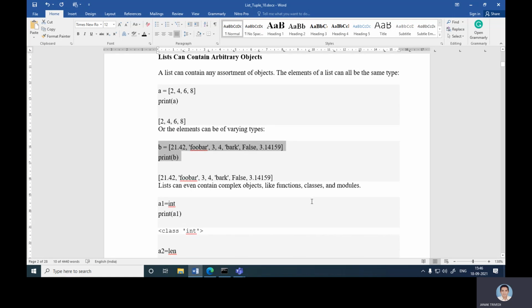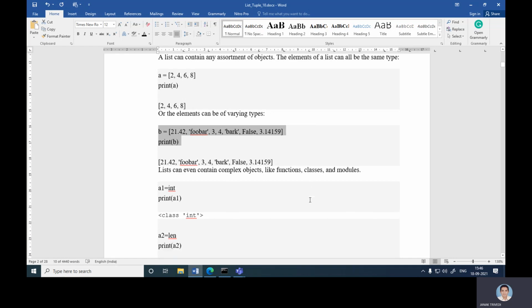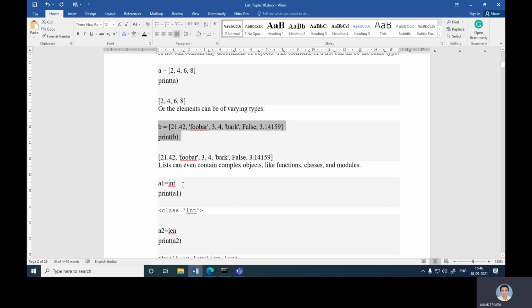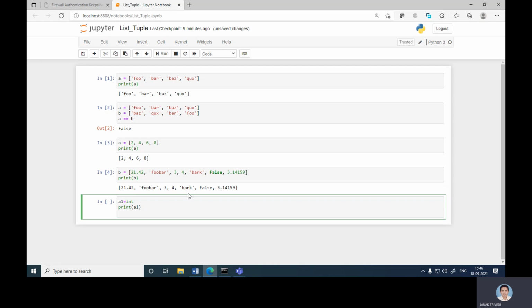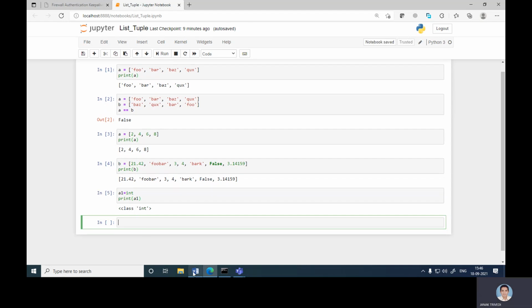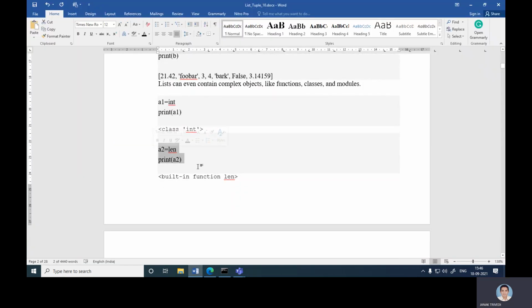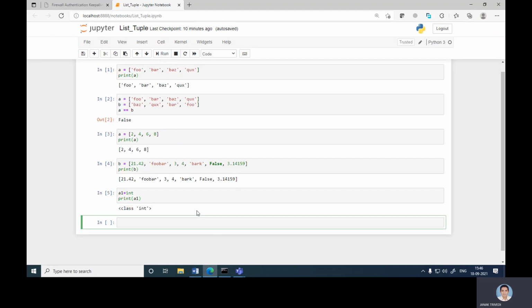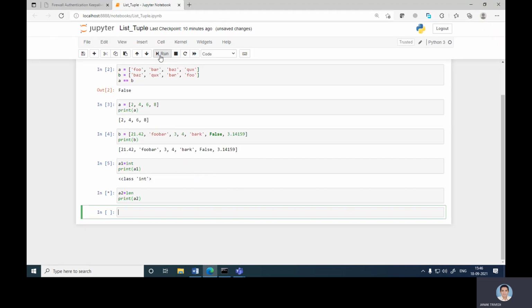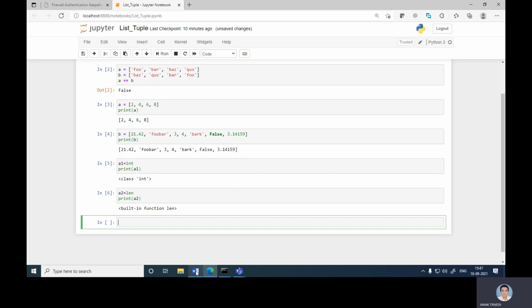Lists can even contain complex objects like functions, classes and modules. Like first, a1 is int. Let's say print a. So this is an example of class int, some integer type we define first. Then say len, the length of a2. It is actually a keyword that is mostly used. Okay, fine. So this is the built-in function len.